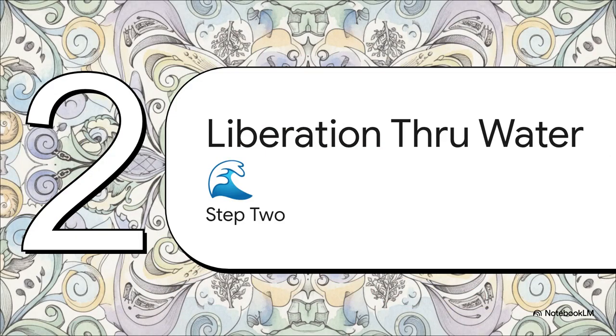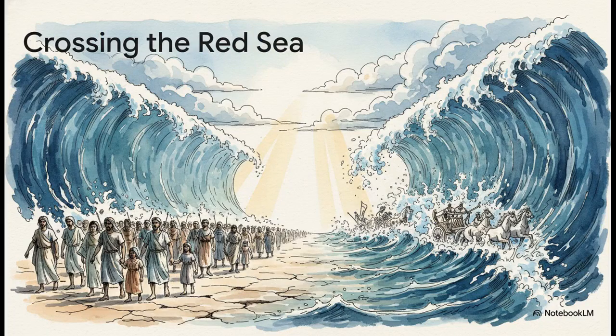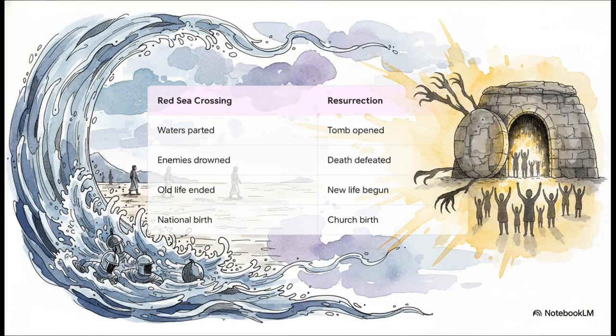So what comes next? After this atonement by blood, the pattern immediately shifts to this dramatic moment of liberation, a huge deliverance that, you guessed it, always happens through water. Get this, just 3 days after that first Passover, the Israelites crossed the Red Sea. Now this isn't just a narrow escape, it's a powerful symbolic rebirth. They walk through the water, and their enemy, the entire Egyptian army, is wiped out right behind them. This is the moment that slavery is over for good, and it marks the birth of Israel as a whole new nation.